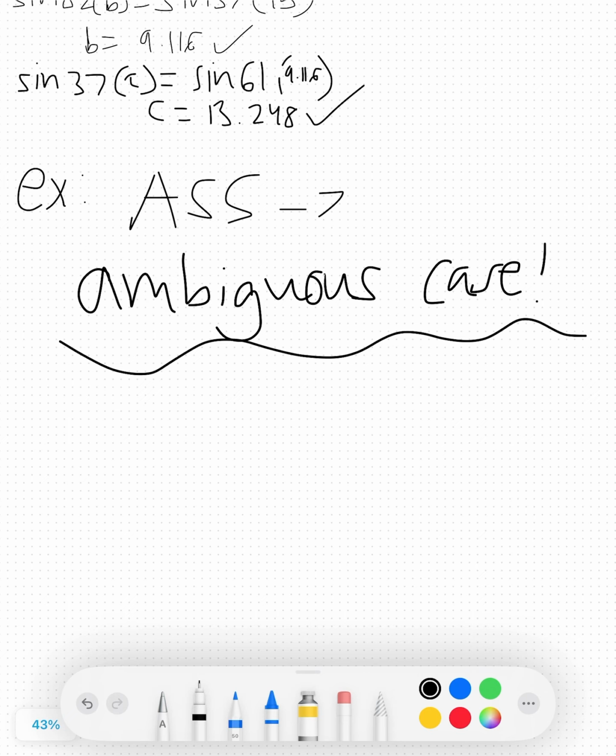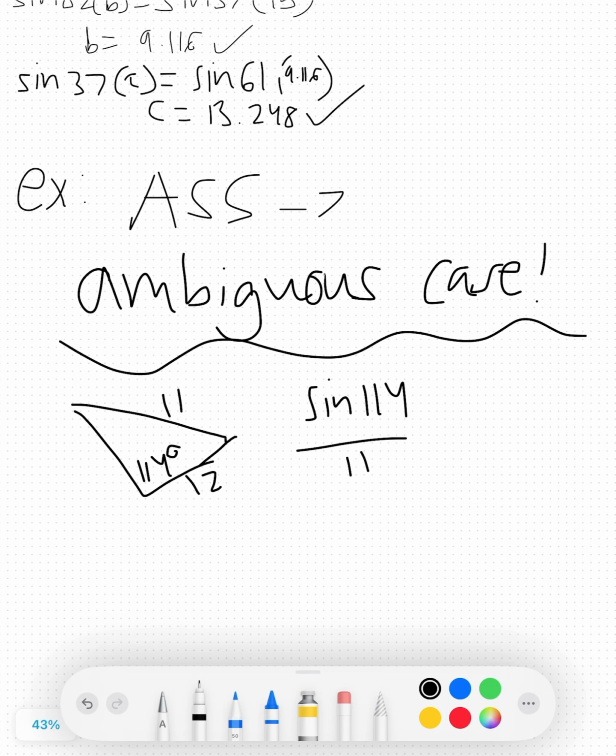So let's say the triangle looked like this, okay? And this is not a 90 degree angle, just making sure. Let's say it's 114, this is 12, and this is 11. So we'll set up our equation. Sine of 114 over 11 equals sine of, let's say you're trying to solve for this angle, sine of x over 12. So you set up the equation, you could do some cross multiplying here, and you'll get that x is equal to